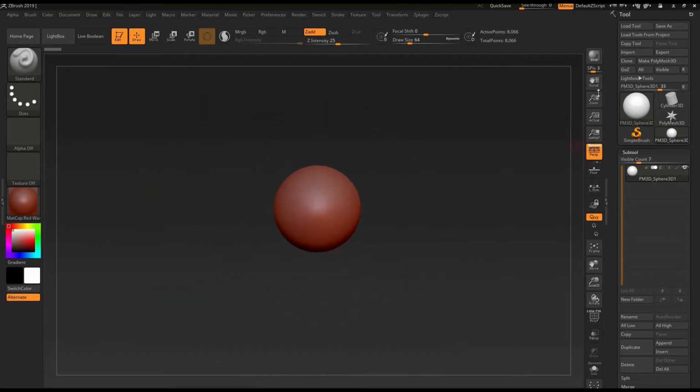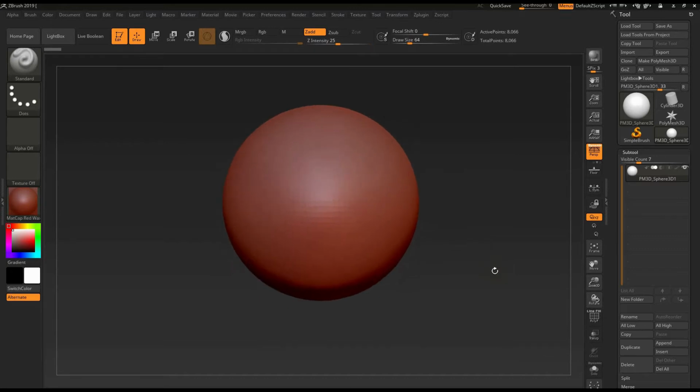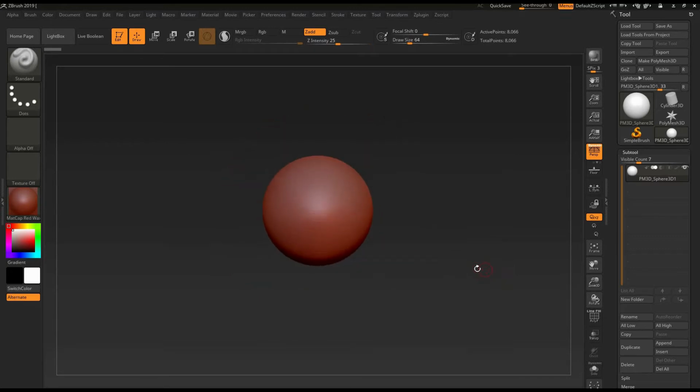You have some tools here for zoom in and zoom out, but don't use these. Always remember your shortcut keys. So again A half. Now you have the perfect sphere to start your modeling, but I'm not showing you any modeling today. I will make another video for that. First I am showing you some brushes, but before that